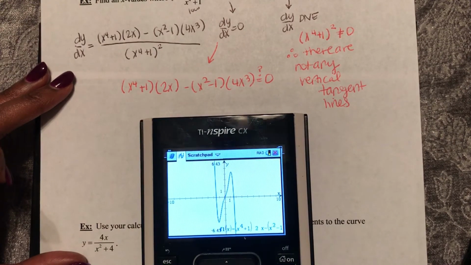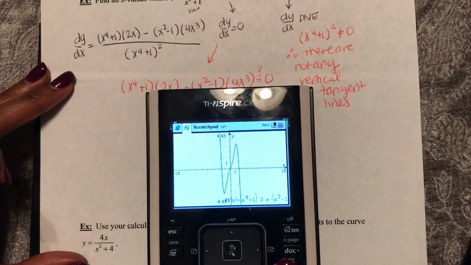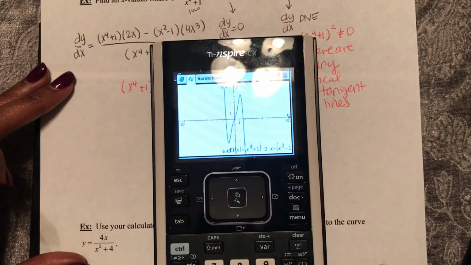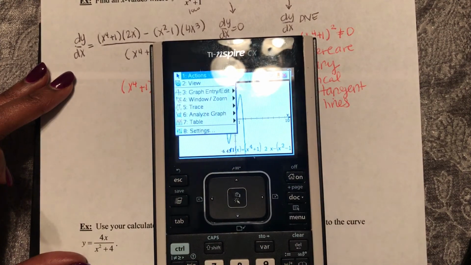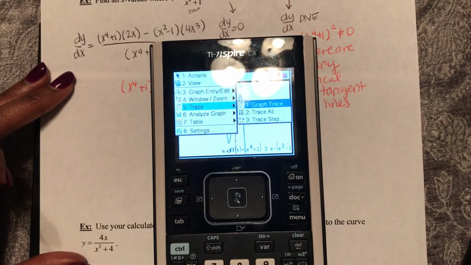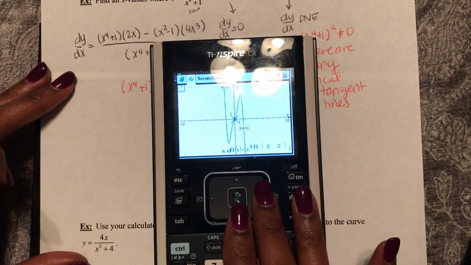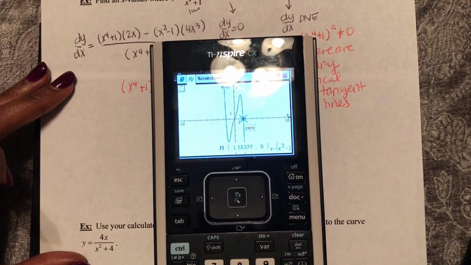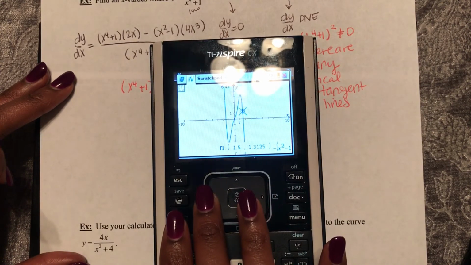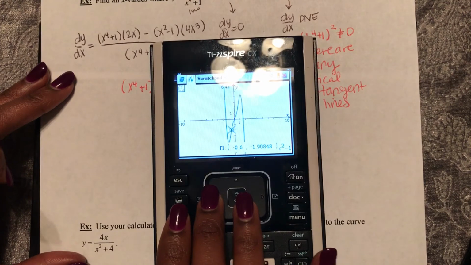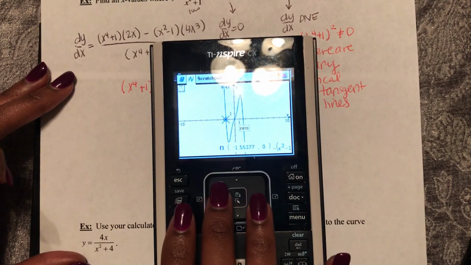Now I'm trying to figure out where this function equals 0. I can see it's 0 at 1, 2, 3 places. So let me click menu, and then I want to trace my graph. You want to trace your graph, number 1. My first 0 is at 0. If I trace to the right, it's at 1.554. And the other one is at